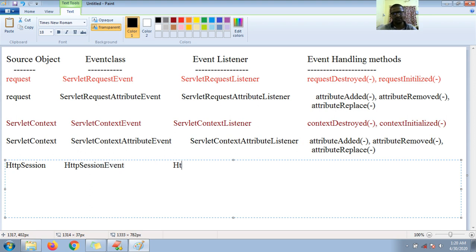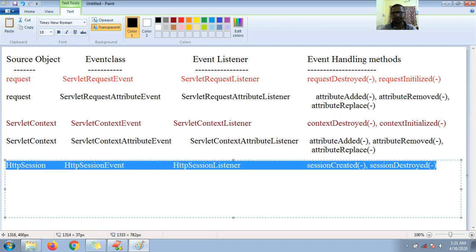Then its listener, HttpSessionListener. Then its methods are sessionCreated, which takes one parameter, then sessionDestroyed. This also takes one parameter. So these are the two methods.